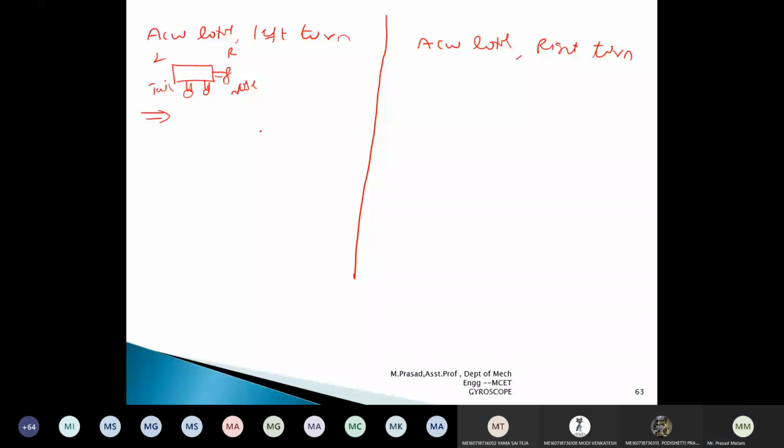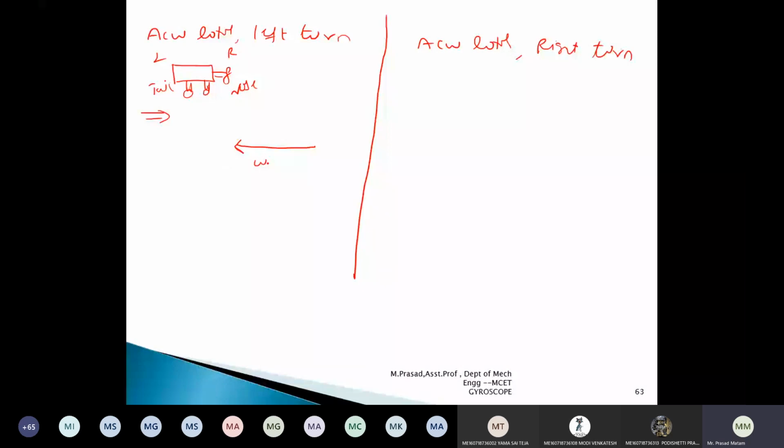Can anyone answer? With respect to direction of view, I am drawing the pressure vector here. Where does my arrow mark have to point, this end or this end? It is coming towards me. Anti-clockwise motion means it is coming towards me. Clockwise motion means it is going away from me. So clockwise motion is positive x-axis. Anti-clockwise motion means negative x-axis.